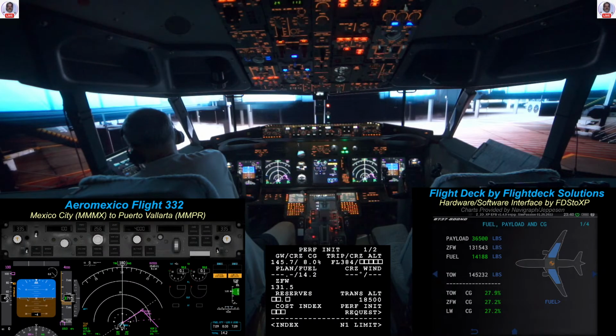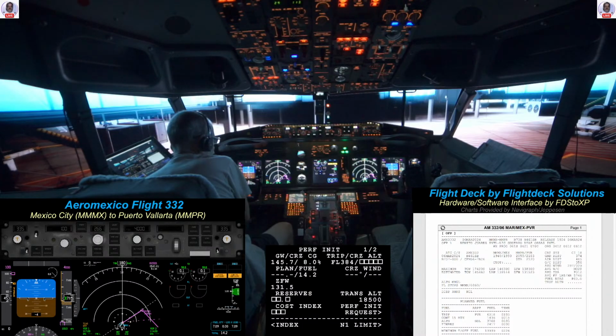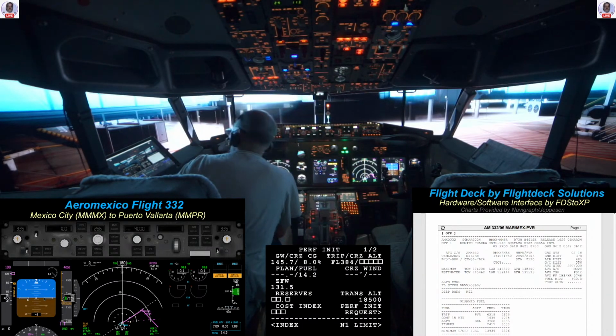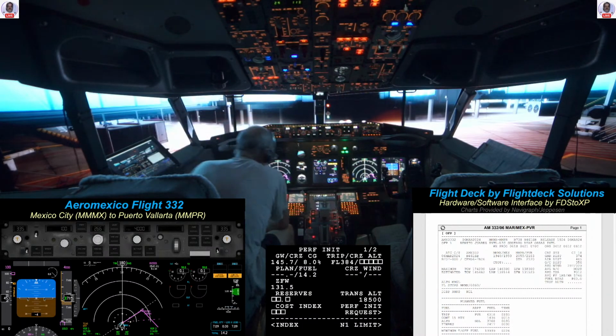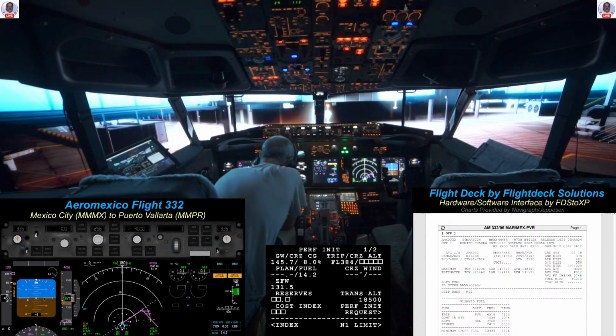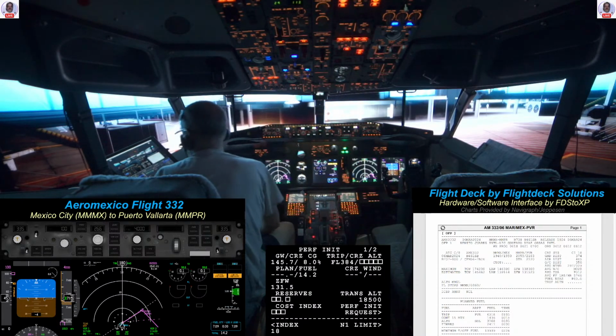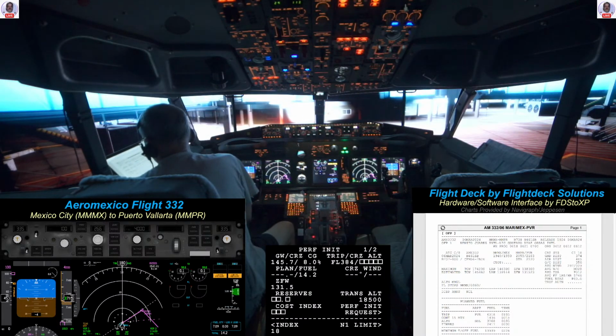131.5. Oh, I didn't give you that sheet. Let me show you that. If you take a look at our zero fuel weight on the way out, you see it's 131.5 on that sheet as well. So that looks pretty good. We have a cost index of 18. And if we take a look at the plan,